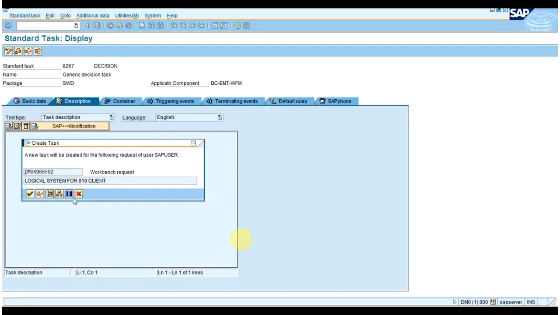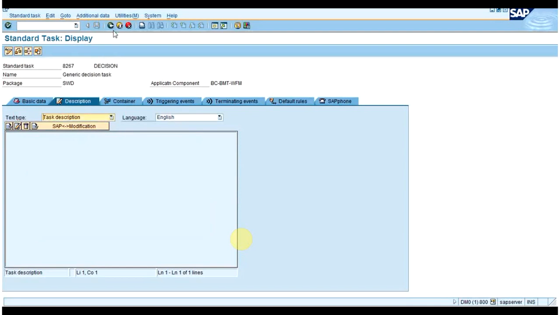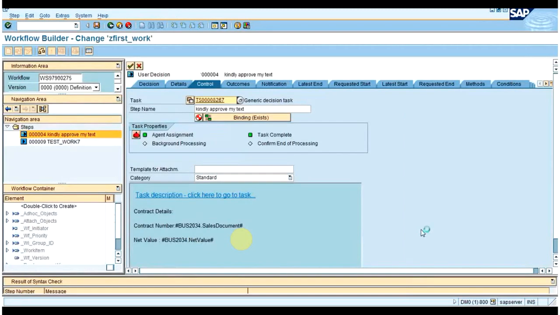I will show you how to use this work item ID once I discuss the function modules like read container, write container. We will be passing this work item ID and reading the container of this particular step. So if I want to read the container of this dialog step, I will pass this work item ID. Also, how to fetch the agents by passing this work item ID: if you pass it, all the agents will be fetched, and the function module is SAP_WAPI_GET_AGENTS. So I will be discussing the usage of this work item ID.